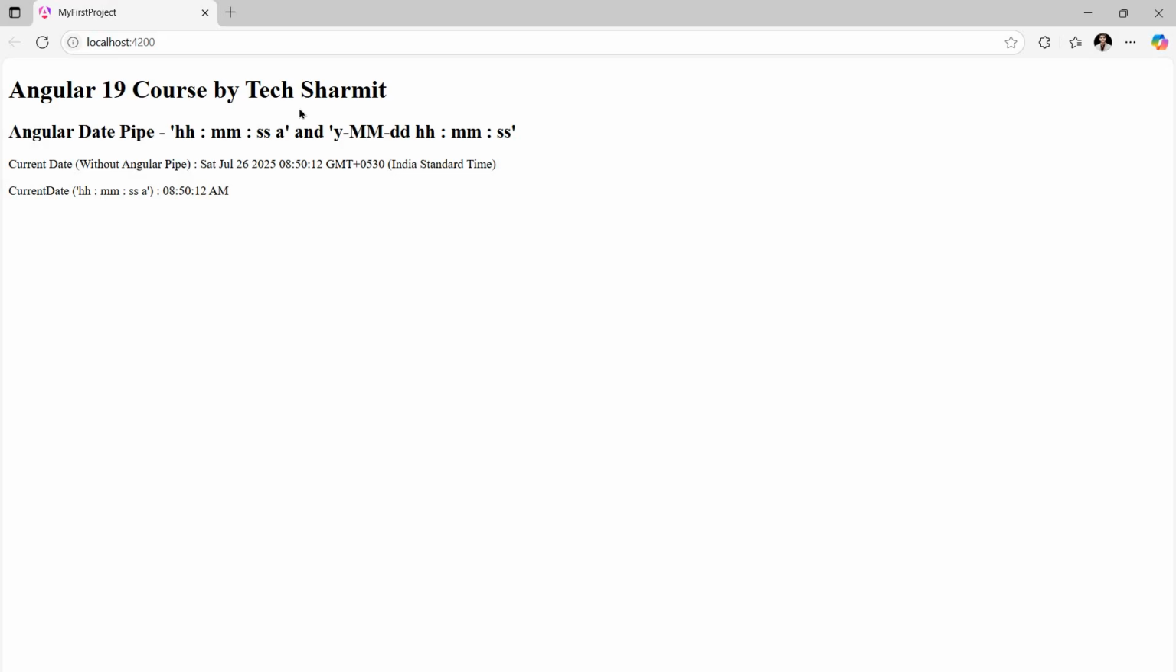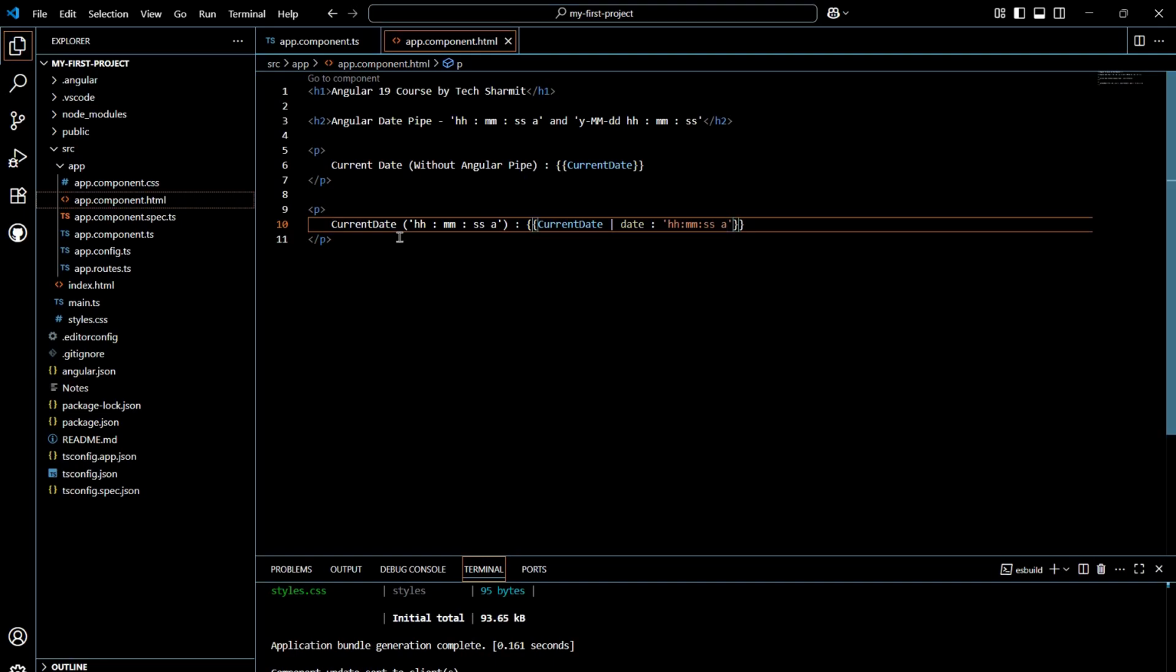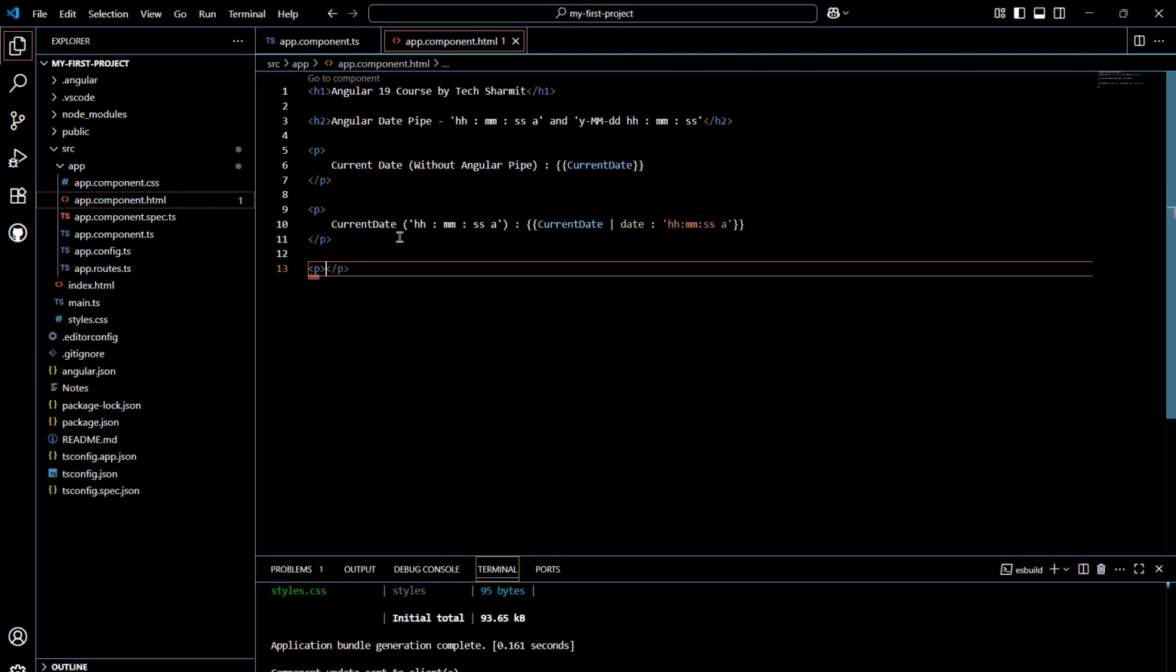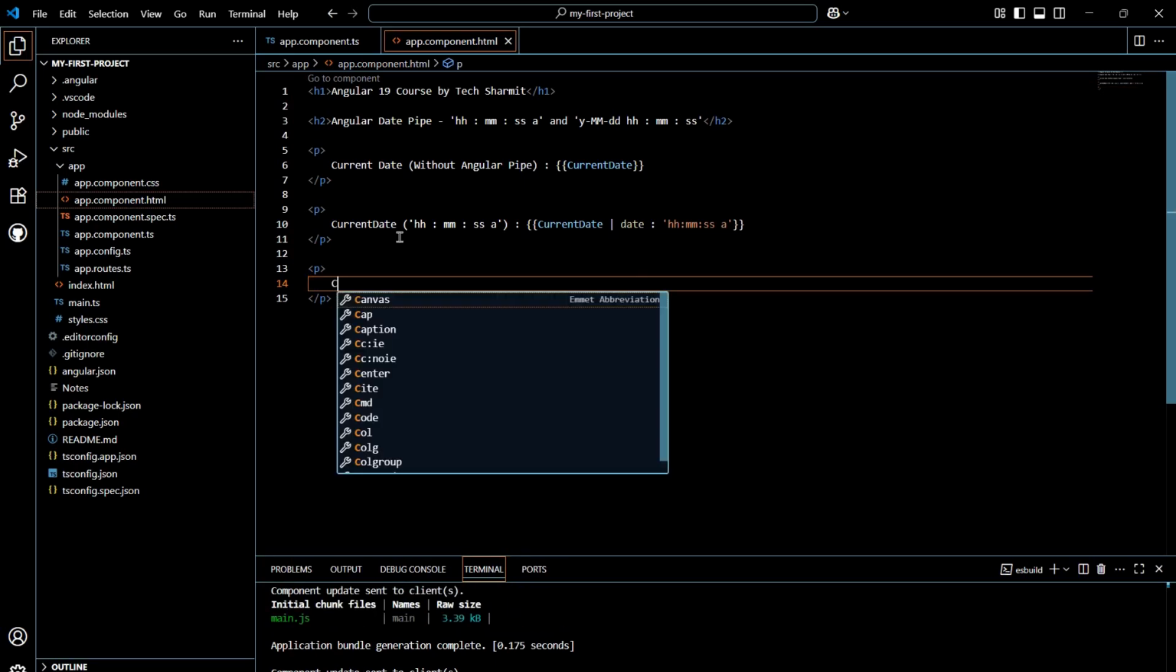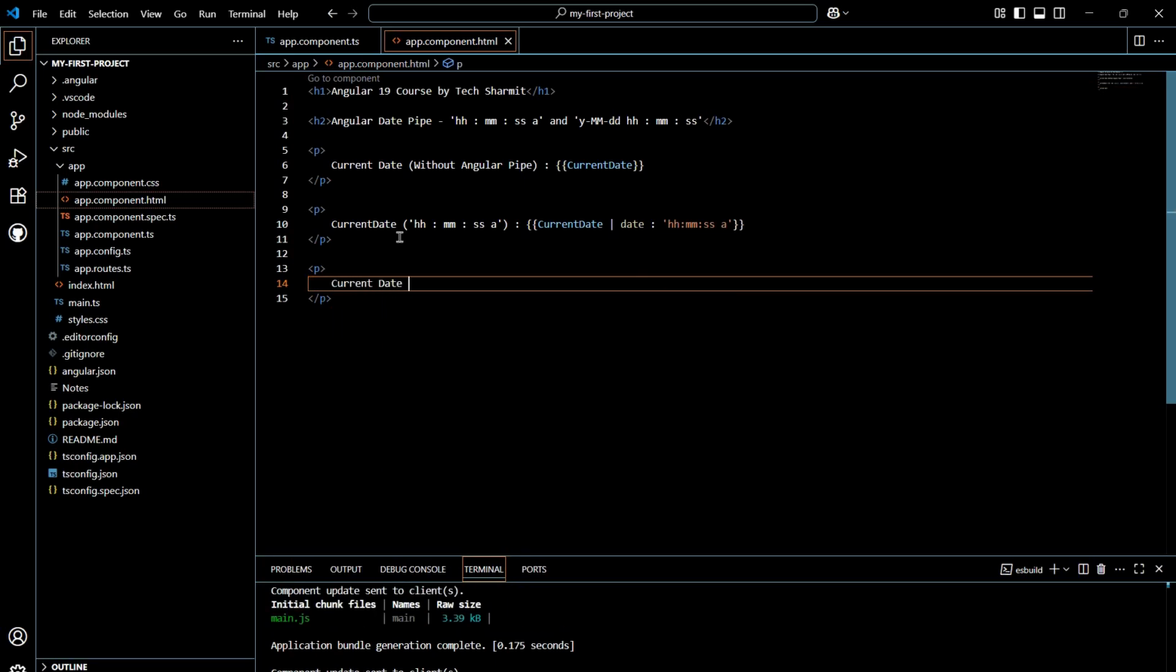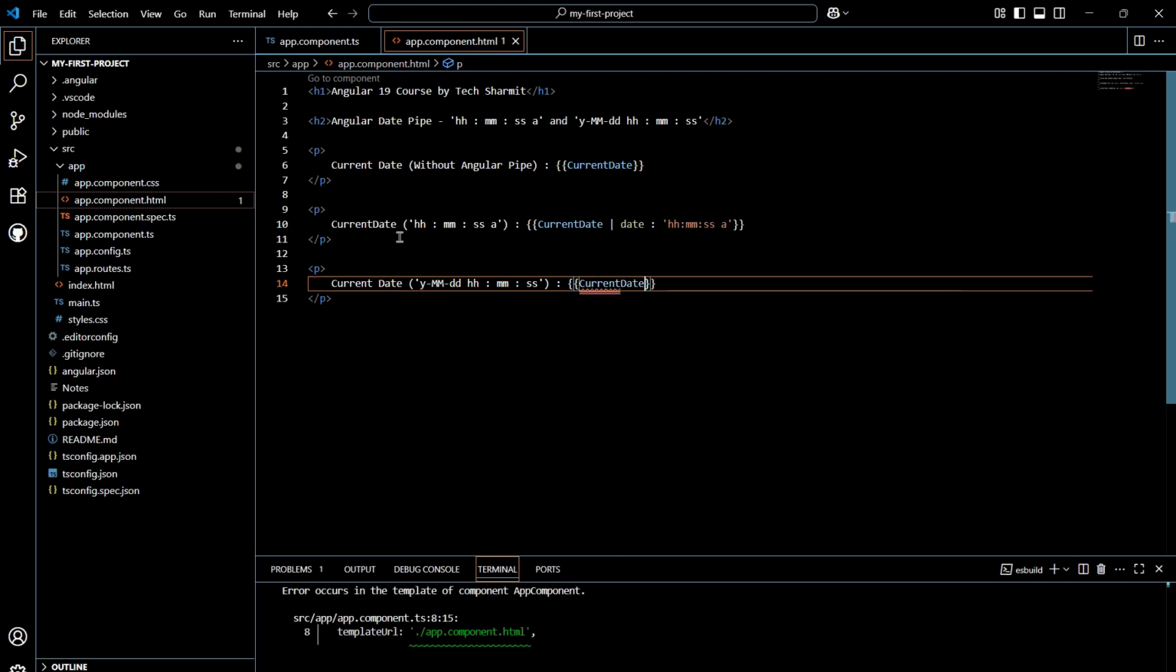Now we can see the next example that is a bit confusing for some people, so don't worry, I'll explain it to you. You just need to write here p, then we will write here current date. Inside this we will put the format, that is y hyphen mm hyphen dd space hh colon mm colon ss. Okay, now you can write here colon, and after a colon you will use double curly braces where we will write current date,